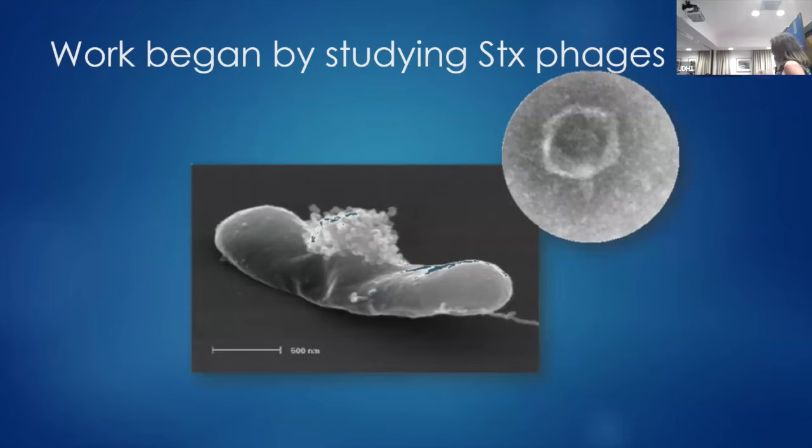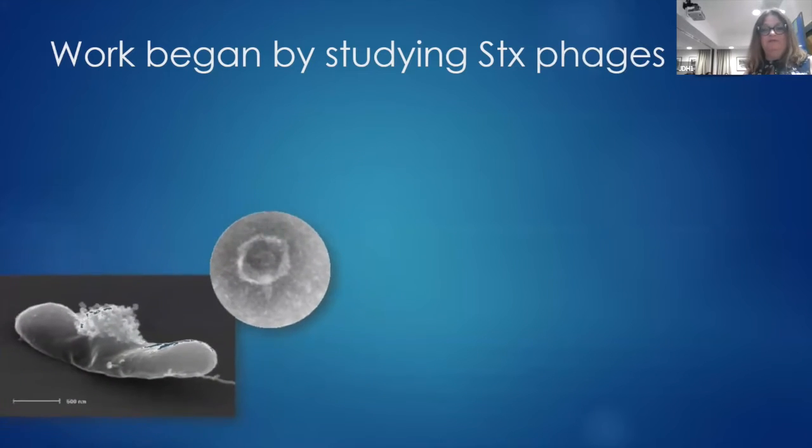I started working with Shiga-toxin phages. When I did this, I was a postdoc in the early days. And I knew that Shiga-toxin phages were lambda-like phages that encoded a toxin. And most importantly, they made E. coli 157 and then many other bacteria toxigenic. And so they were providing the primary virulence factor for E. coli to cause disease. This is an E. coli K12 strain and the subsequent Shiga-toxin phage. This was taken by Chloe James, who's in the audience, when she was a PhD student many years ago.